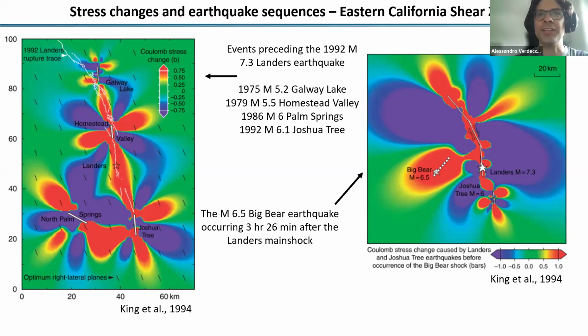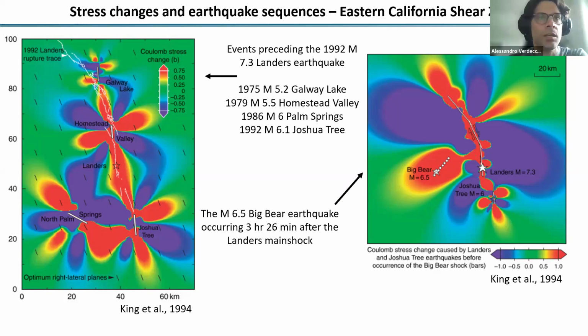So I'm sorry for that. Not really my fault, but I have to reference these papers. So it all started more or less as always in California with these studies, with the work of King et al. in 1994. What they did is basically model the Coulomb stress change due to several earthquakes preceding the 1992 Landers